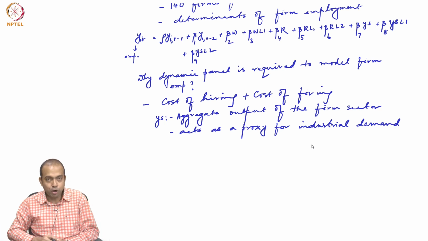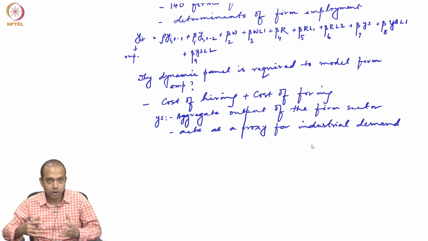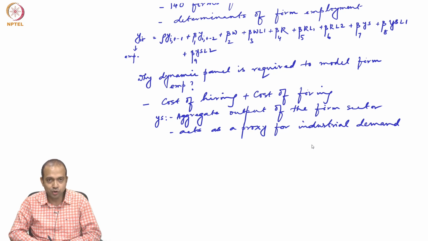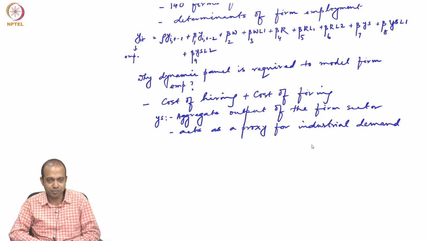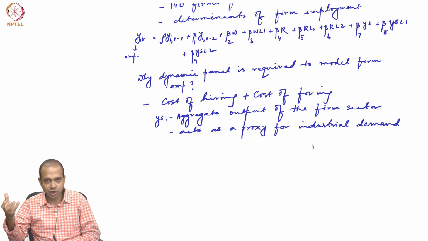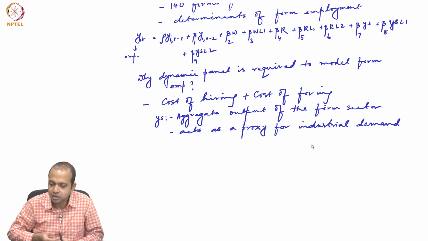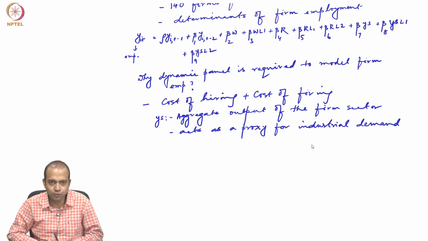Because how much employment will happen in a particular year very well depends on the demand for that industrial product, and that is why we are taking aggregate industrial output, which acts as a proxy for industrial demand, and then we add the first and second lag of all these